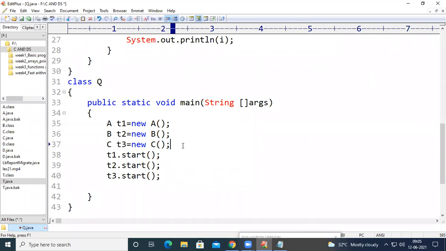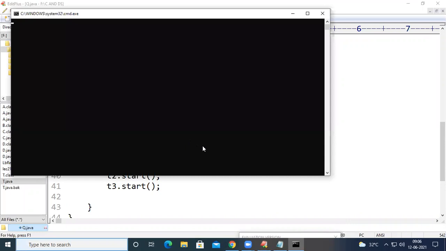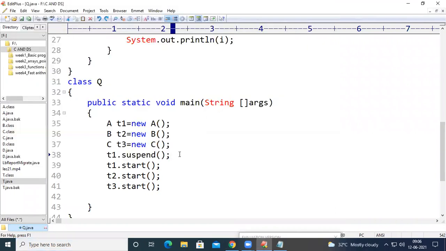Now see here, what I am doing is t1.suspend. If I save and compile the code, I'm going to get an error: suspend in Thread has been deprecated and marked for removal, t1.suspend. Let us just use the suspend method here and compile the code.